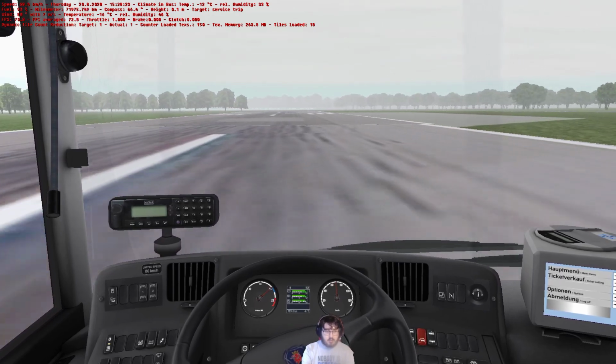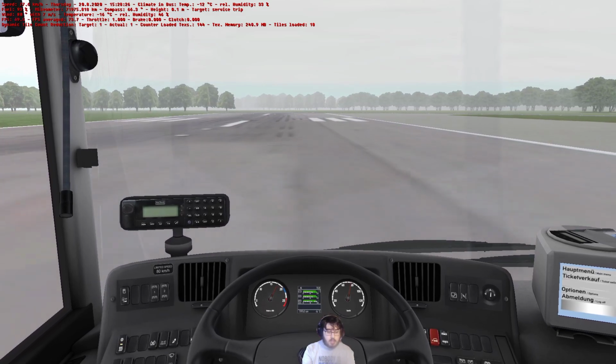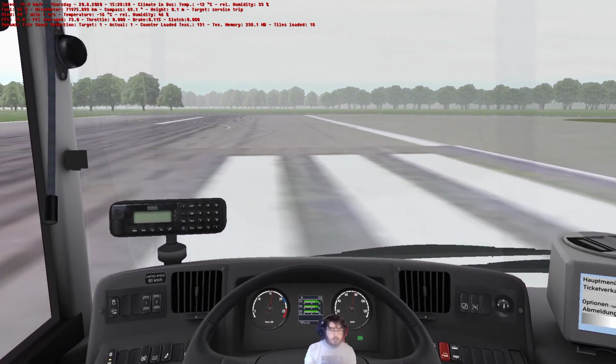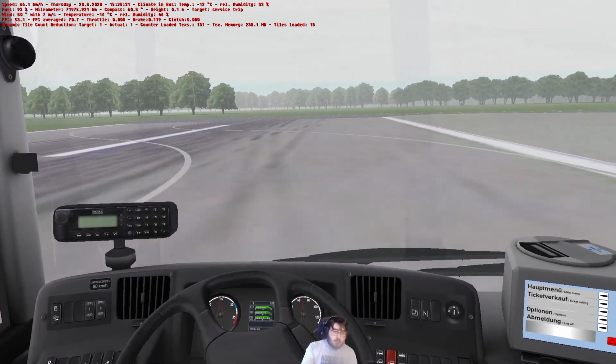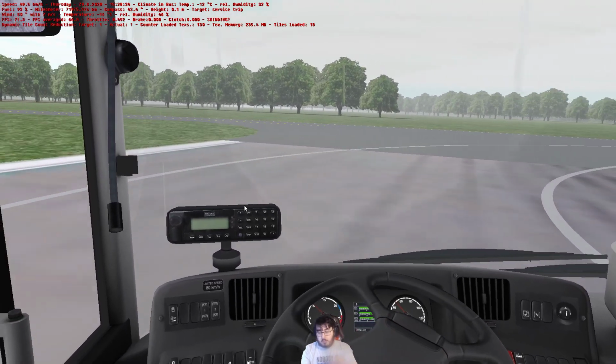It doesn't rev out all the way, which is a bit of a pet peeve for me. It doesn't rev up to 25 miles. Then again, I'll probably get wide because it's meant to be a bus, not a race car. So let's